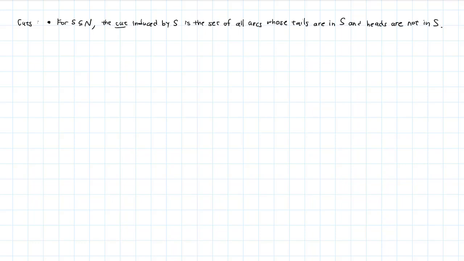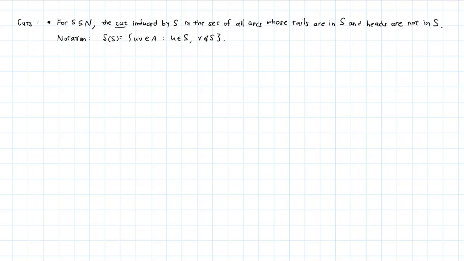We now move on to the important topic of cuts. Cuts in digraphs are similar to the way cuts are defined in graphs, but now we only consider arcs that go in the same direction. For a subset of nodes S, the cut induced by S is the set of all arcs whose tails are in S and heads are not in S. The notation here is delta of S, which is all the arcs UV where U is in S and V is not in S. This might look exactly the same as the definition of a cut in an undirected graph, but now with directions,